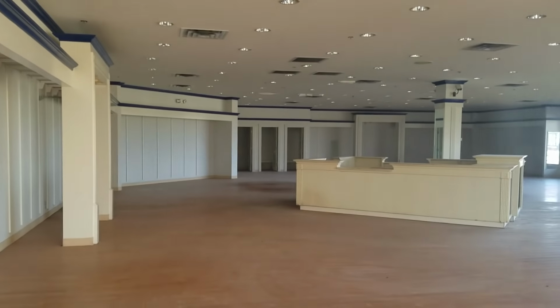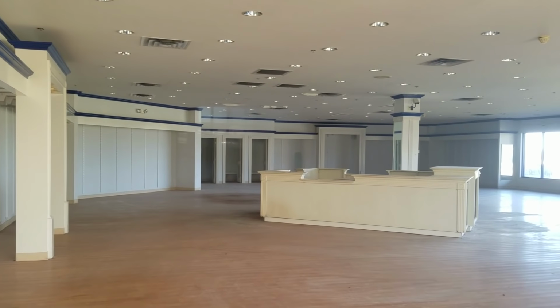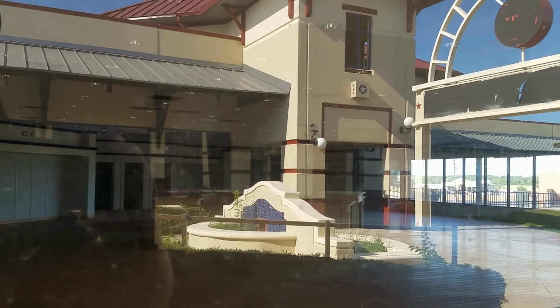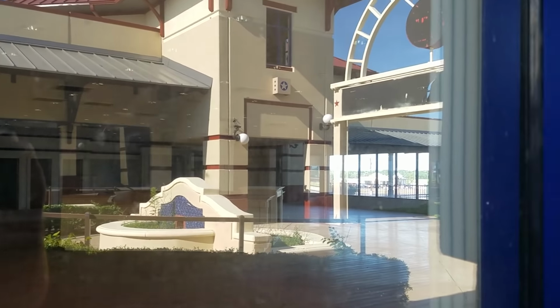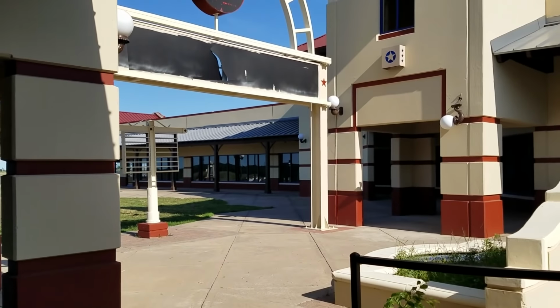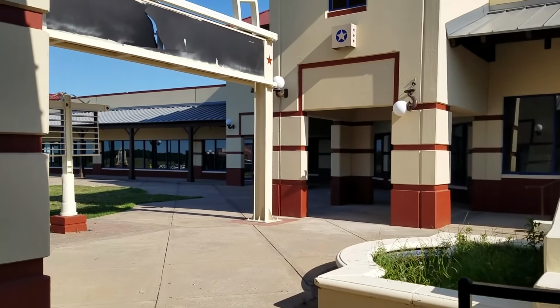Some wood floors in there. I wish I could remember what was in these. There was a Nike store in one of these inns like this. Yeah, I think there was a Nike store. It was here, like one of the